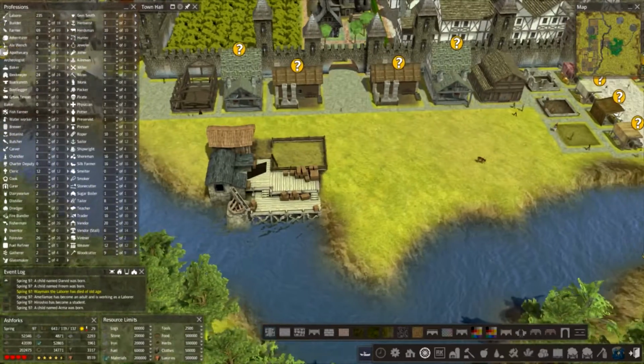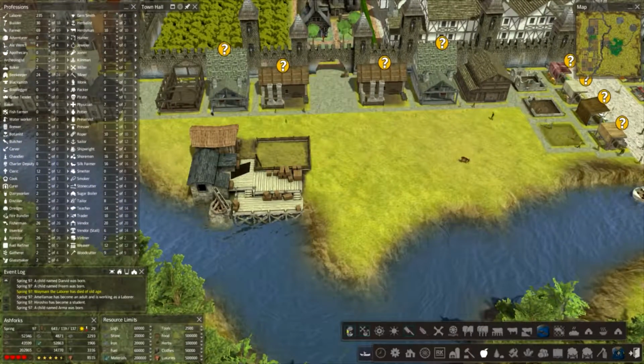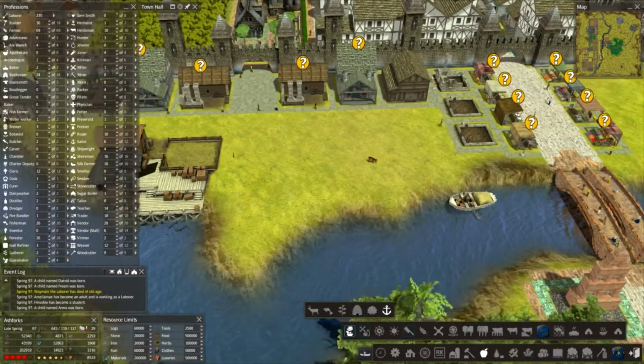What else do we want down here? What were we saying? Wharf and ship, weren't we? I wonder if we can fit any more in. See, we do have other